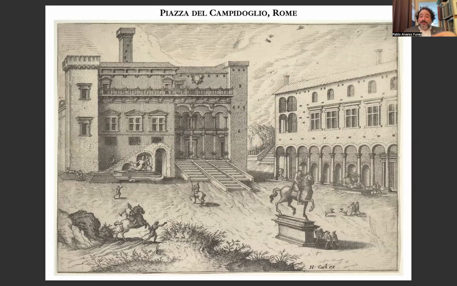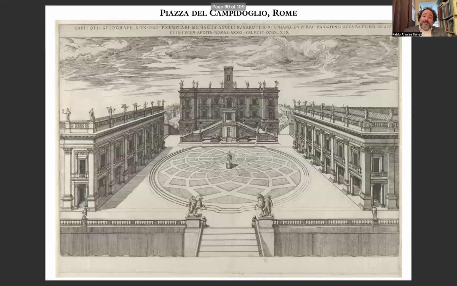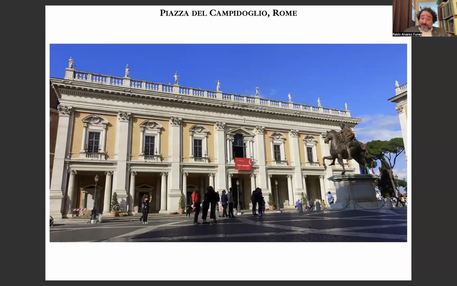The square was keeping some Roman sculptures that had been taken there at different stages of the Middle Ages. And then by the 16th century, they wanted to turn it into a proper new center of Rome. Also considering it was the Capitoline Hill, that's what the Campidoglio means, and has views dominating the city. It was actually where the Roman government was sitting, and it was commissioned to Michelangelo. And Michelangelo here brings something interesting, which is the first time